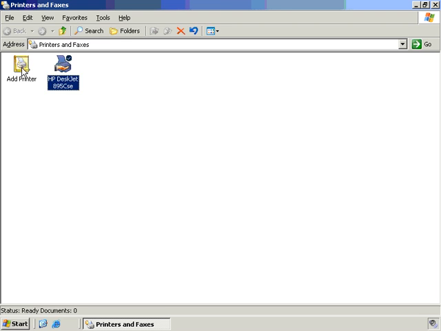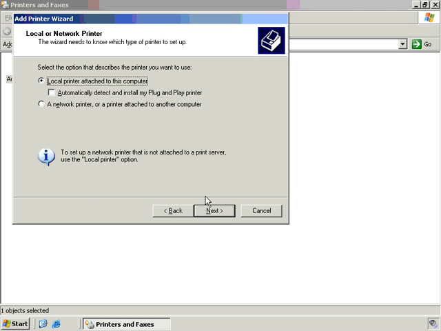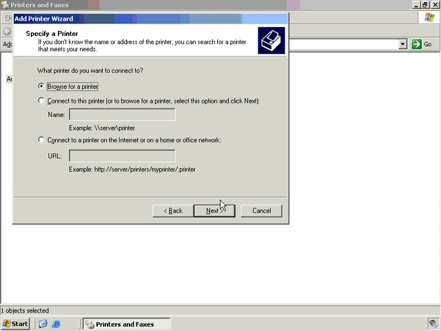So we're going to go ahead and do Add a Printer, and we're going to click Next. And instead of doing a local printer this time, we're going to go ahead and do a network printer, and click Next. This gives us three options. One is we can browse for that printer. Two is we can go ahead and type in the actual UNC path name to that printer. And three is we could actually print to a web-based printer. So what we're going to do is we're going to go ahead and do Browse for a Printer first,